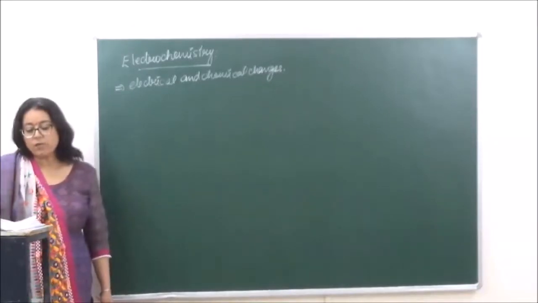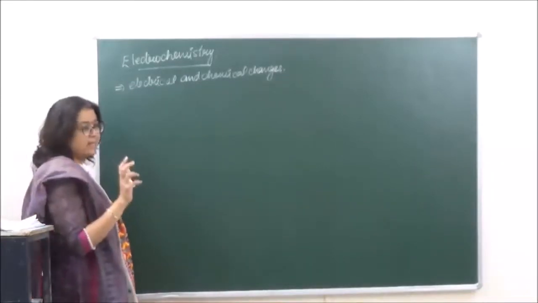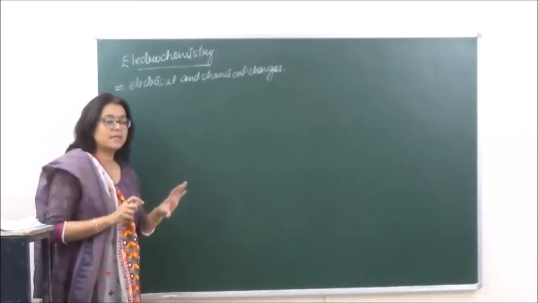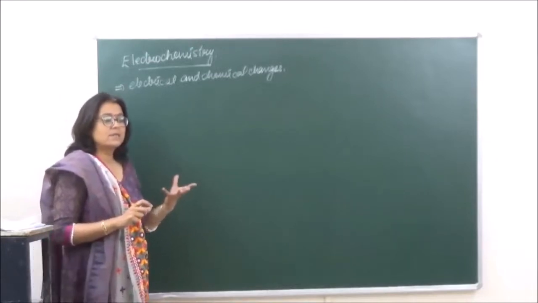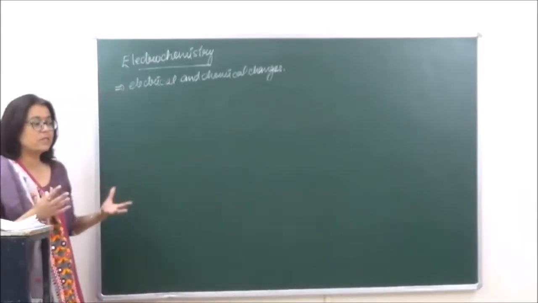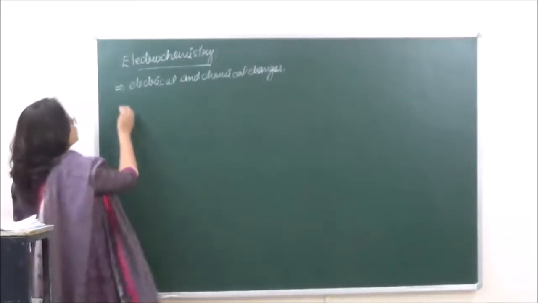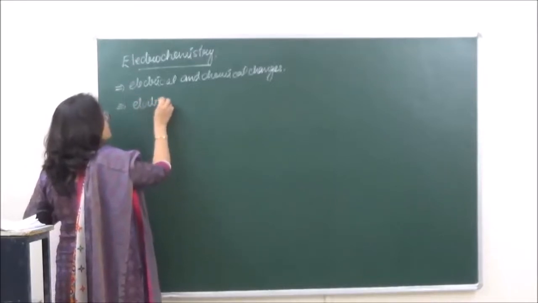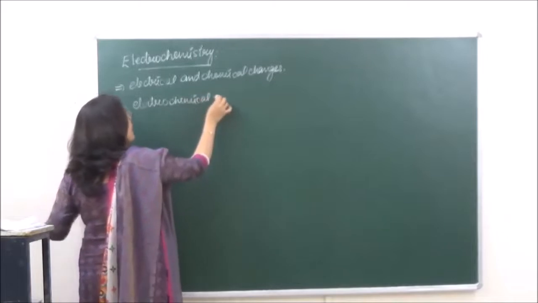Now when we are talking of electrochemistry, we are going to talk of two types of cells. Because we are talking of electrical and chemical changes taking place, these changes take place in a certain apparatus which is known as a cell. So under electrochemistry, we are going to study two types of cells. The first one that we are going to study is known as the